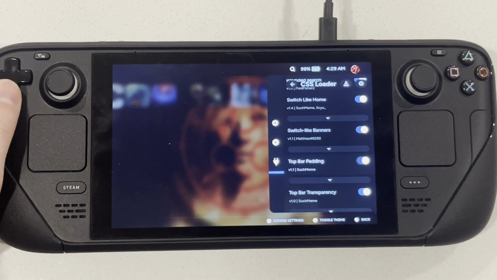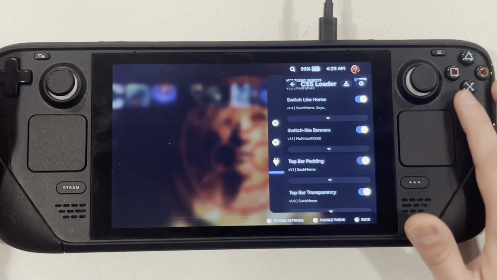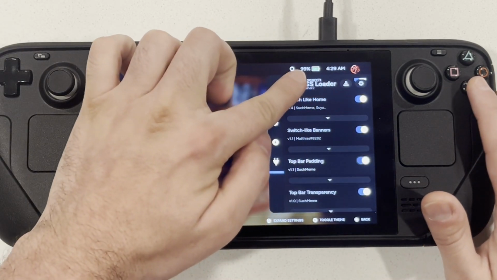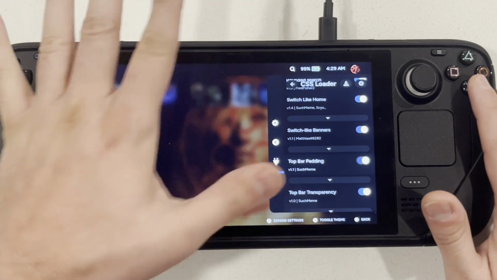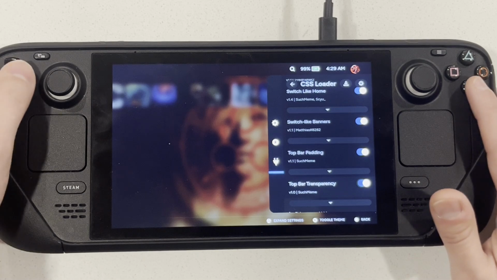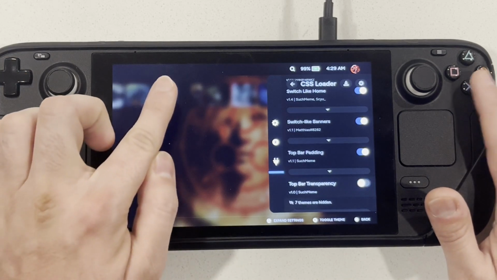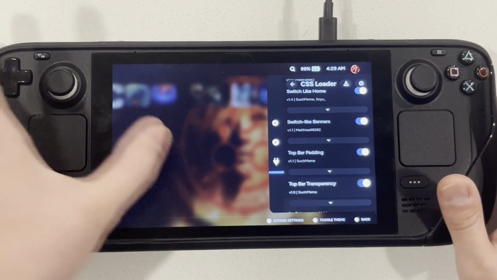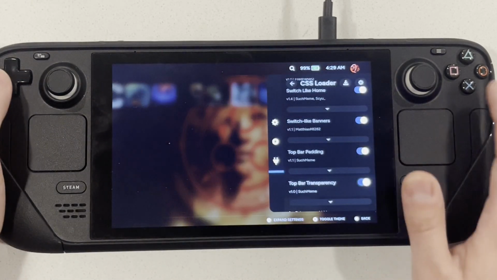We're almost done here. Top bar padding, you're gonna need that. It basically adds padding, like how I mentioned earlier. Adds padding to the top bar, which we love. Top bar transparency, also gonna need that. Who likes this ugly bar? No one. We're gonna want it transparent. Thank you, goodbye. Next up is